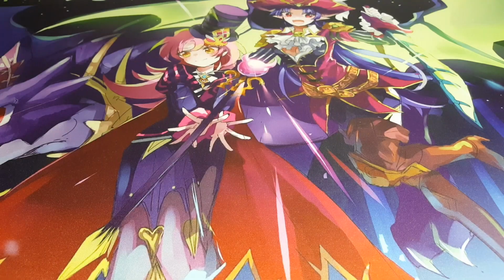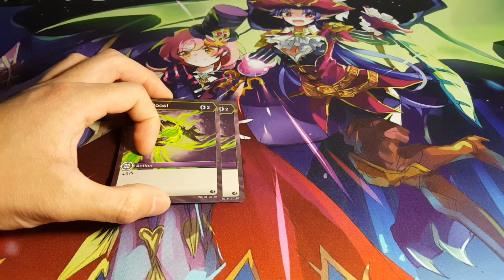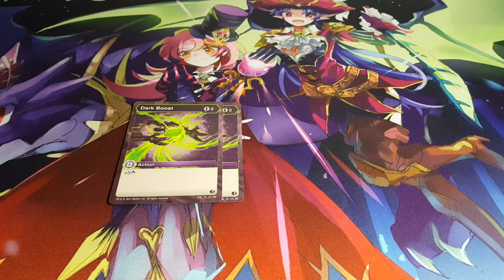Now for a bit of cards that kind of give us an advantage in our own scenarios, we actually are playing over here 2 copies of Dark Boost. It's a 2 cost, it's very cheap, and it gives us plus 5 power, or plus 5 damage that is, and that will make up for the lacking of damage that our Bakugan actually have as part of its raw